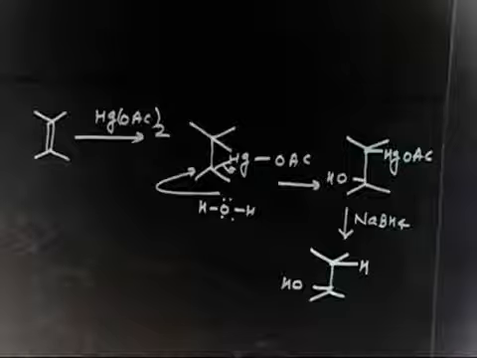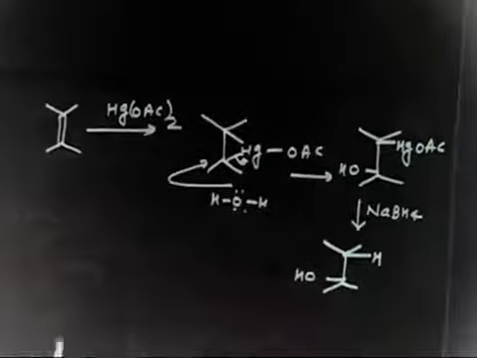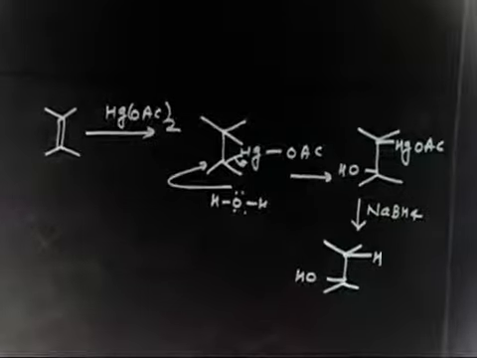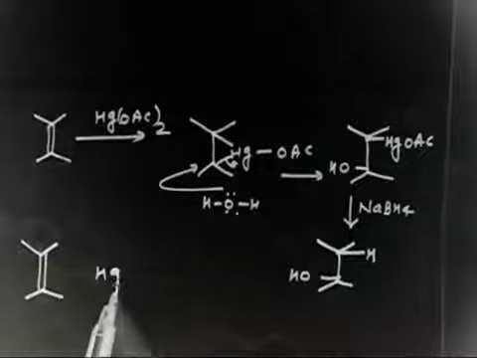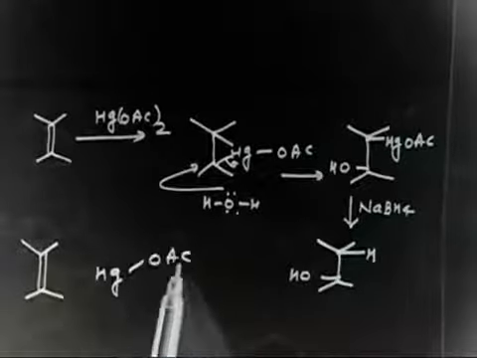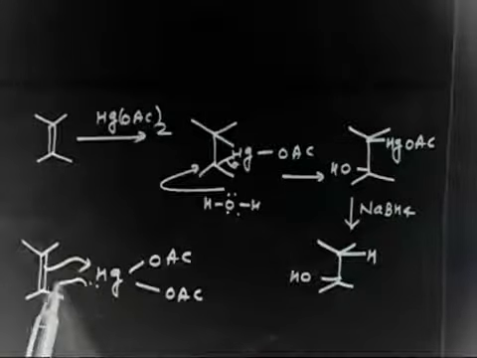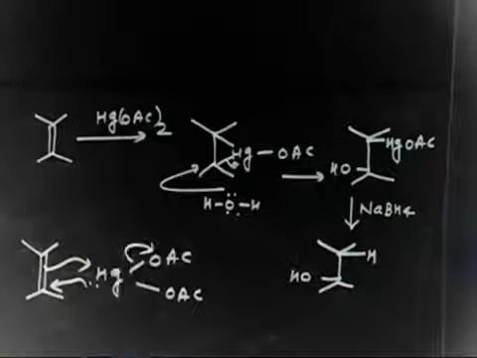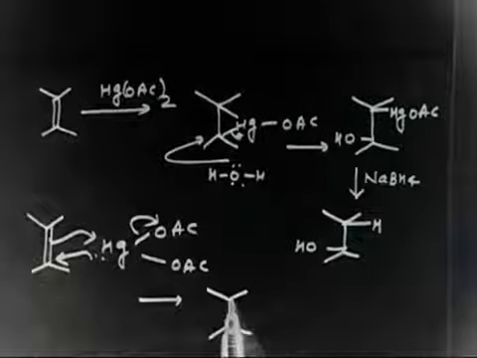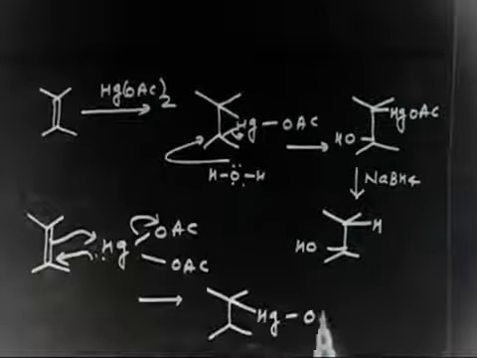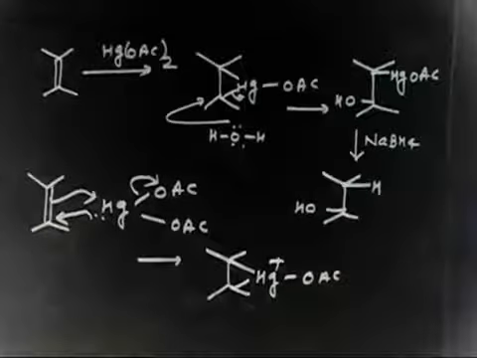In the first step, you make an intermediate. How is the mechanism from this step to this step? So let us first listen and then you write. We have said in the class, you have this, you have HgOAc and you have OAc. It also has a lone pair, so this goes here, this goes here, and at the same time this goes here. So we will have a cyclic intermediate. So this results in a cyclic intermediate formation, HgOAc plus. Are you getting or not? So this is your first step.